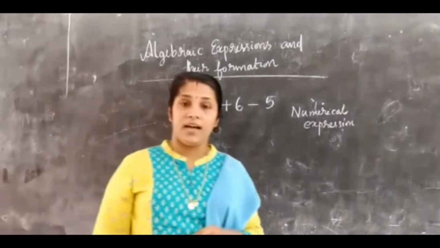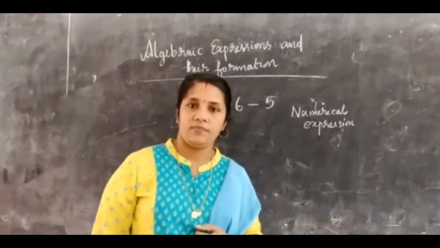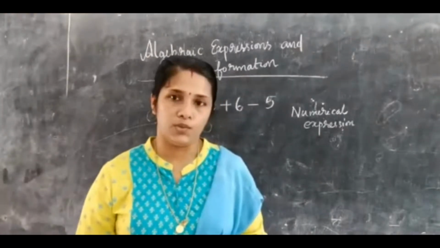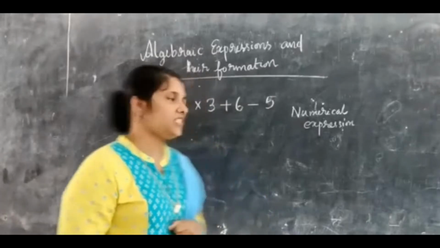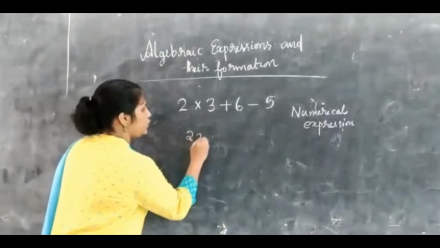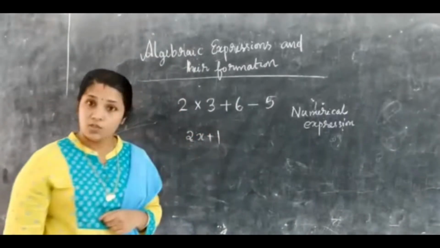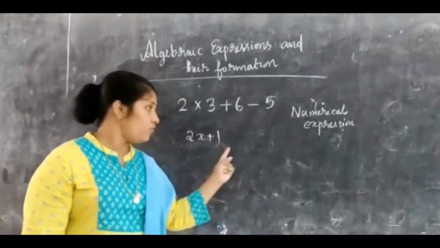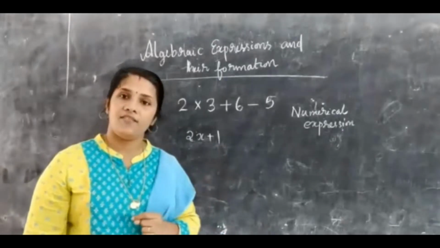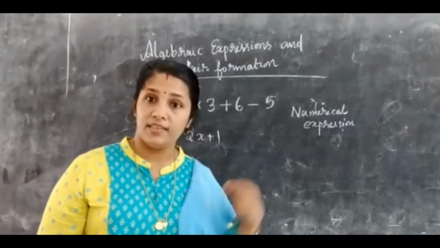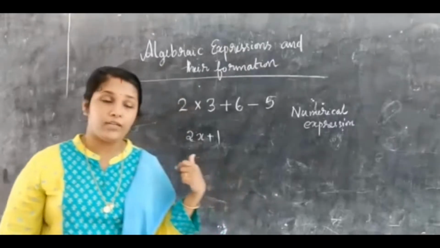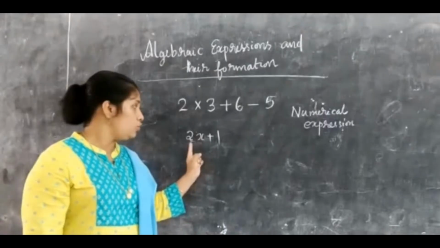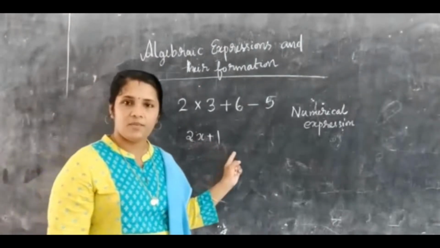Let's think about another type of expression. In that type, we can include variables also. We have seen some expressions. A very simple one, 2x plus 1. It's also an expression, right? Here, 2 is a constant, 1 is a constant, x is the variable, and I discussed this type of expression with you, and I told you that just because x is there, 2x plus 1 is also a variable.